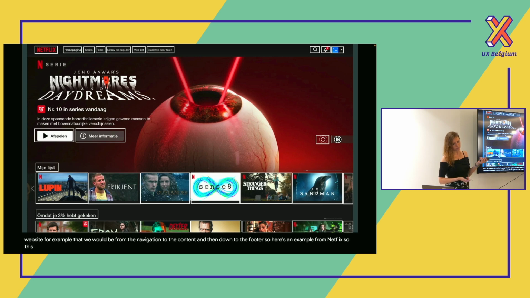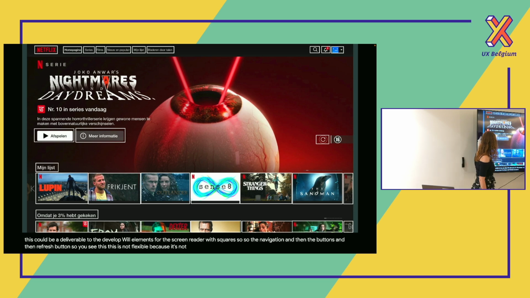So this could be a deliverable to the development team, where I've marked all the focusable elements for the screen reader with squares. So the navigation, and then the buttons, and then the refresh button. So you see this is not focusable because it's not actionable, it's just some information.